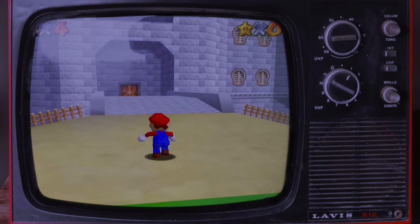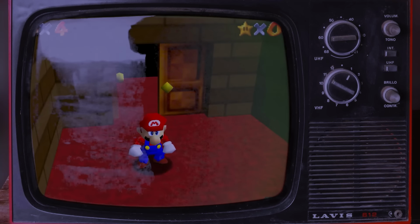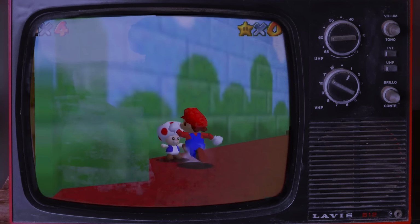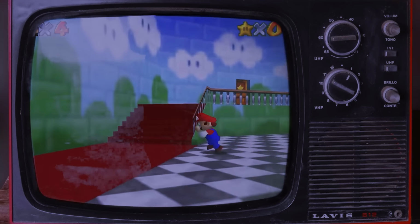Picture this. You're a kid and you're up late playing video games. Maybe you have a TV in your room, or maybe you snuck into the living room. You have the TV on low volume so you don't wake anyone up. Your parents don't know you're awake. It's dark and quiet and you're alone. And then...